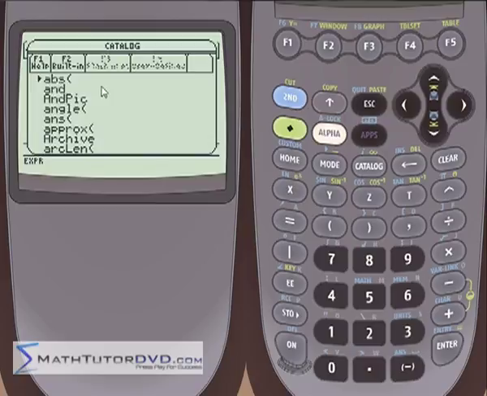So the first one here is absolute value. This happens to be a function that you can also get to in the math menu, but it's listed here in the catalog menu as well. You can think of the catalog as the absolute master index of everything the calculator can do. In other words, it encompasses everything in the math menu plus all of the other functions of the calculator that may be a little bit more obscure. If you want to use this function, when it's highlighted here, you just hit enter and it'll put